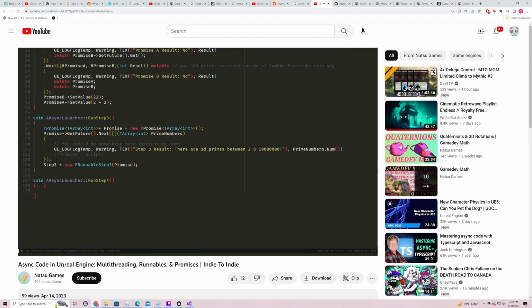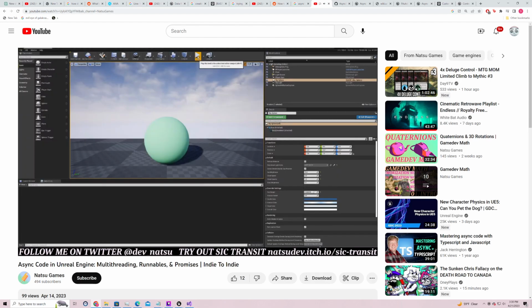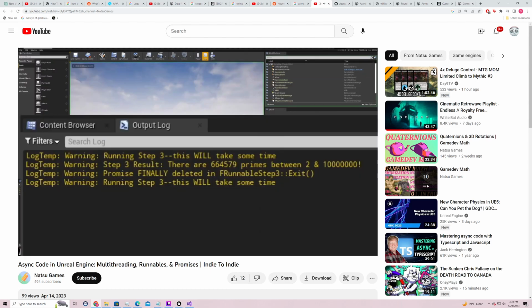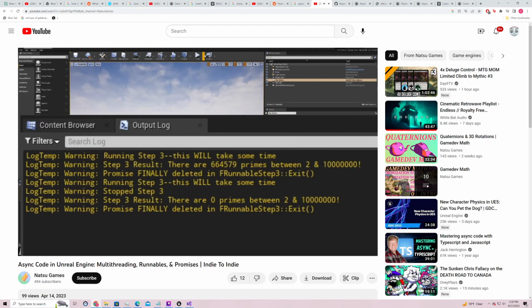After that, I just had to write a few more lines in my actor class to take advantage of promises. You could try deleting the promise in the continuation instead of in the exit function like we did in the chained promises example, but it'll cause some bugs, so don't. So when I run it, I have to wait a little bit, but ultimately it works. Then if I stop the game before it finishes, it cleans itself up nicely.